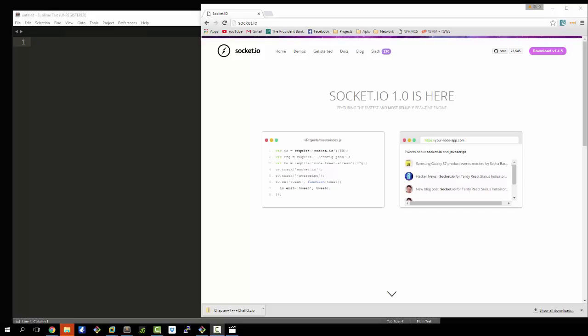Alright guys, welcome to your next project. In this project we're going to be creating a chat application. Okay, so this is going to be a little different than anything we've done in any of the previous projects, and that's because we're going to be using WebSockets. More specifically we're going to be using Socket.io, and WebSockets allows us to communicate between the client and the server